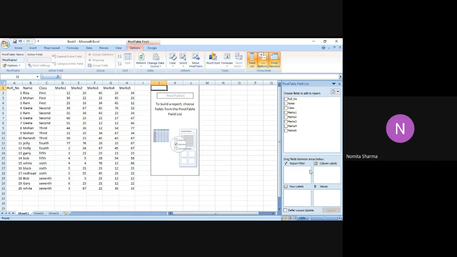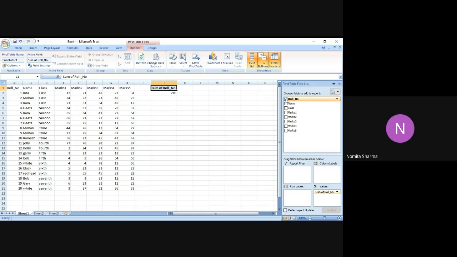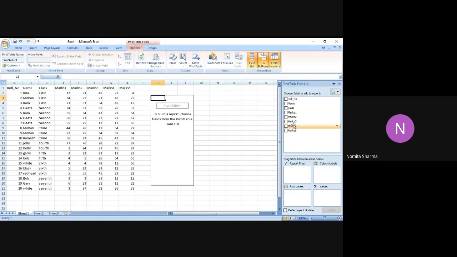And then you see the 4 sections which I was talking about when I was making the table, that we can work on. And in the middle that you see, it is the area where the pivot table will be made as per my selection of the field. So I make a very simple table to start with. I select roll number. I can select all also. Oh, I don't want them in the values. I don't want this also. I can give it back.